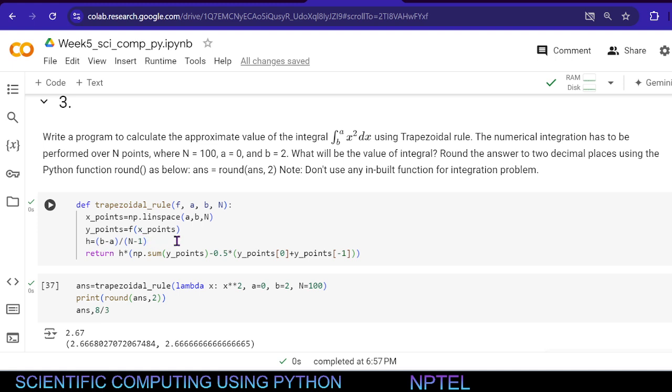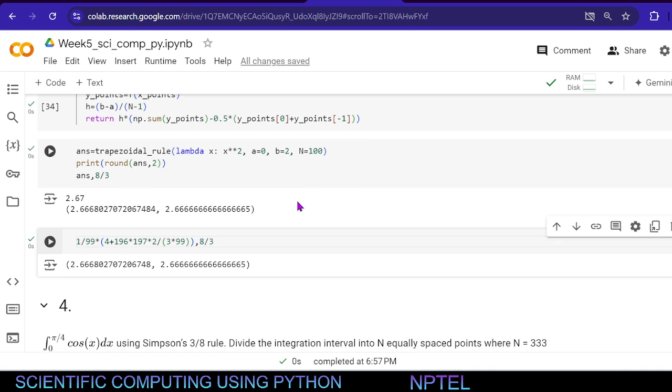So you have 0 square, h times h by 2 times 0 square plus 2 times whatever the first number is, that squared, plus second number squared, etc. And then all these numbers are equispaced, so they form an AP. So you can take common the difference. The difference is taken out, then you have just the sum of squares, right? 1 square plus 2 square plus 3 square, and the formula for that is n into n plus 1 times 2n plus 1 by 6. If you do that, you can get this answer,